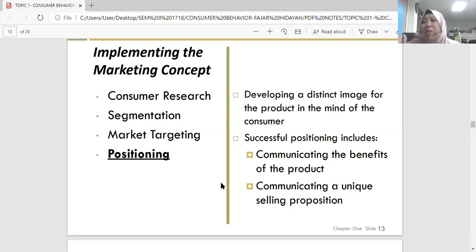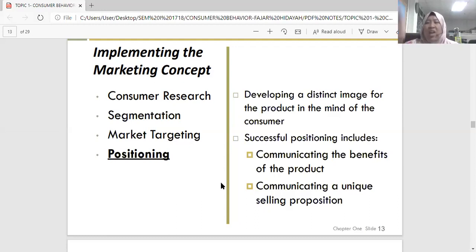For example, McDonald's, I'm loving it. Nike, Just Do It. Like AirAsia, we have Everyone Can Fly. Maybe I give you a simple example like McDonald's, I'm loving it. Everybody universally knows what love is, right? Love is something like a good thing. So we love the product. I'm loving it, right? It's very near to the heart. A very simple tagline positioning, but it makes the customer remember.